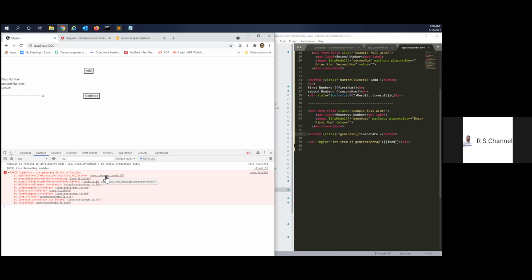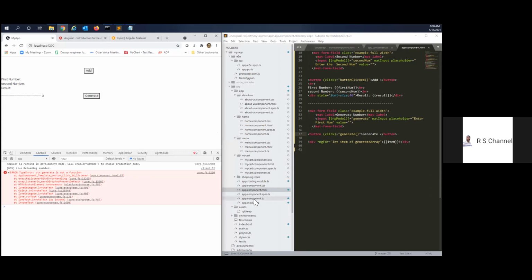ctx.generate is not a function, which means you have done something wrong in the code. Some typo is there. No, that is for display.